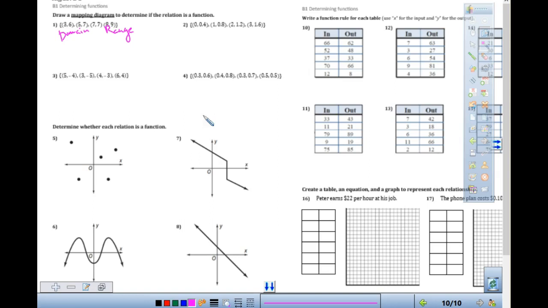Determine if these are functions. If it's a function, yes, it passes the vertical line test. If it's not, no, it doesn't pass. And then these last ones are giving that function rule. Answers are in the back. And I will say that one of the things that I think for some of you